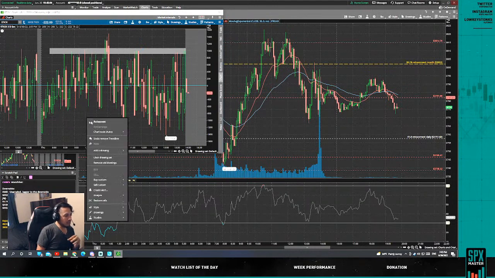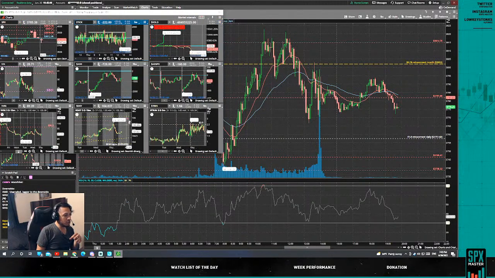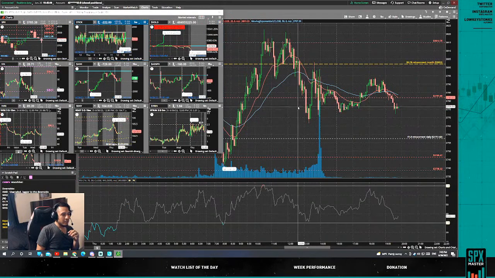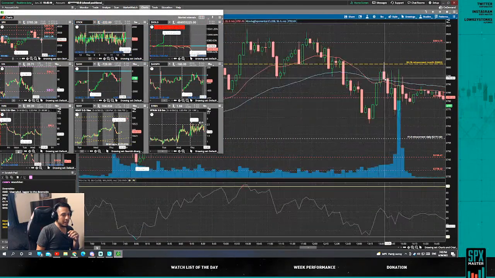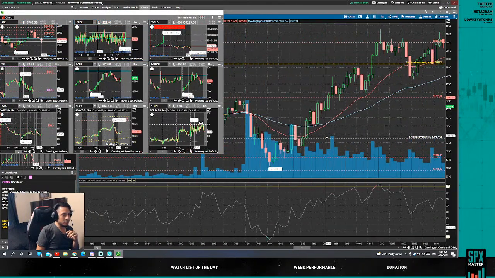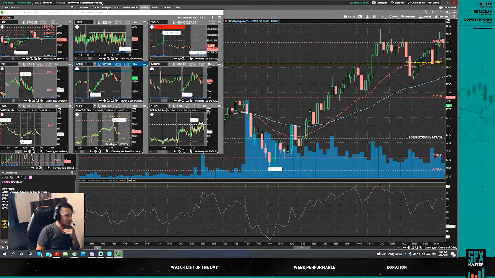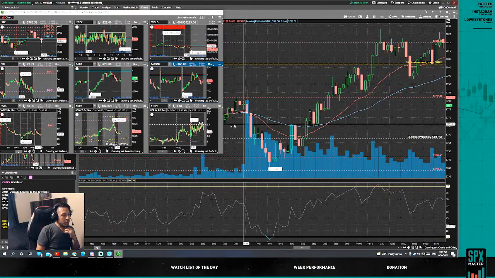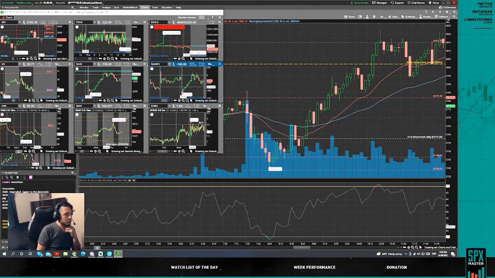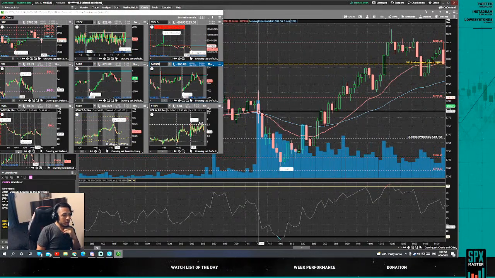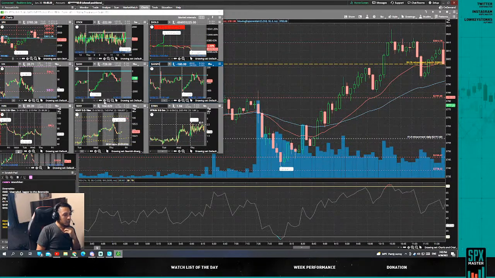So we're going to talk about how I spotted the bottoms today with the ADD and ADSPD. Basically, this right here is the advancing versus declining issues on the NYSE, and this is the advancing versus declining issues on the S&P 500. So I was very cautiously short into the opening right here because